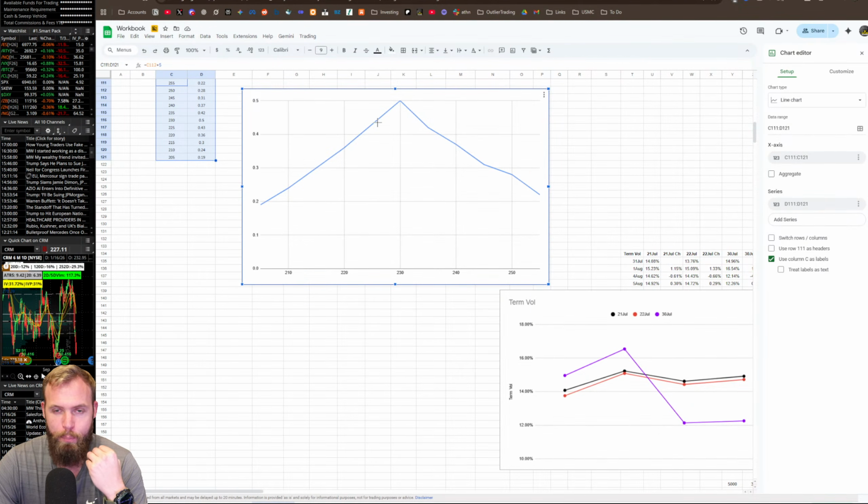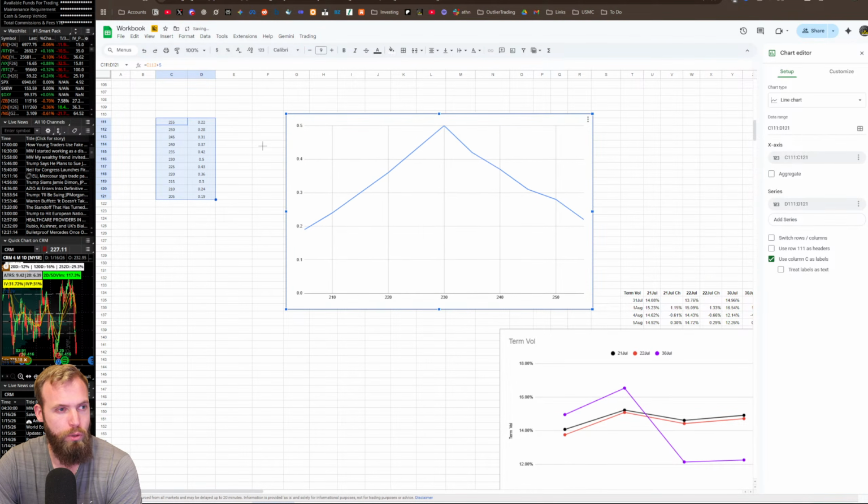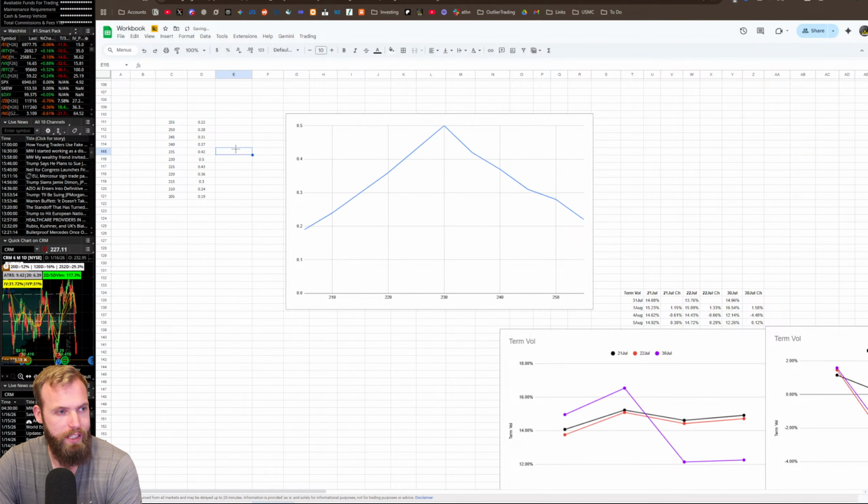So what's happening here is that the relative slope between these strikes is slowing down. That tells you how the market is gauging this move. So if we start with the at the money and we look at the deltas and the difference between these deltas,